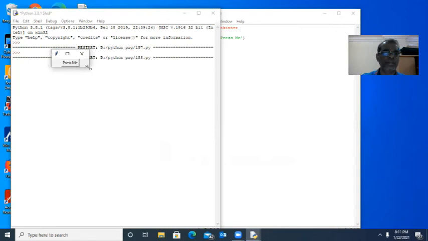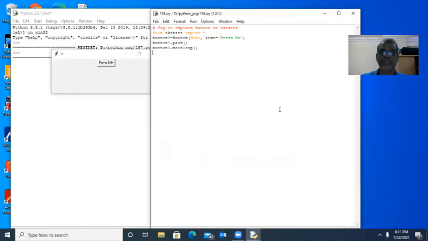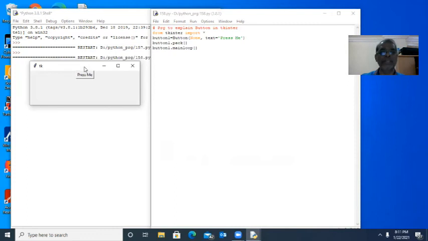See here, we are getting one command button. Since we have not placed it with side equal to left, right, center, it is placed at the center. Default is center. One more thing, we are placing one button in the GUI application, but we are not giving any event as well as callback. If you click this one, nothing happens. Clicking on the button is the event. So once I click the mouse button, the event should call back one function. How can we do it? Just a minute.